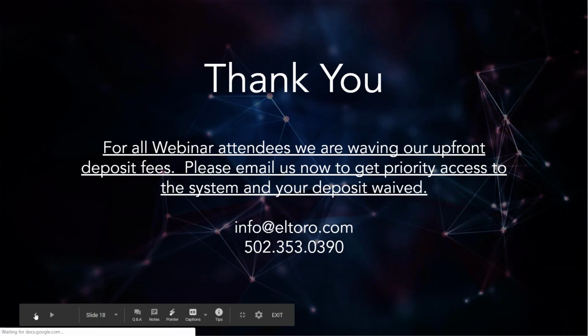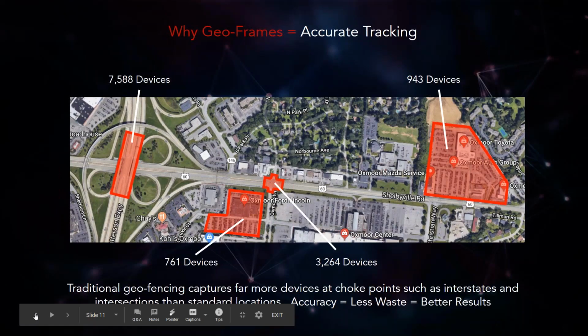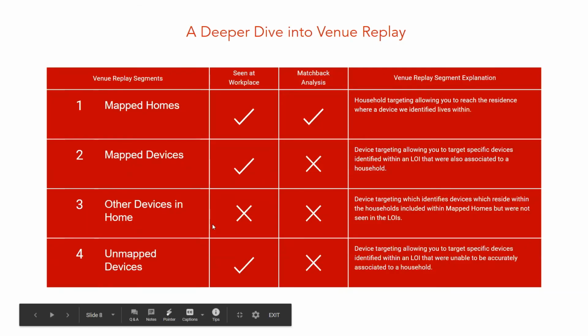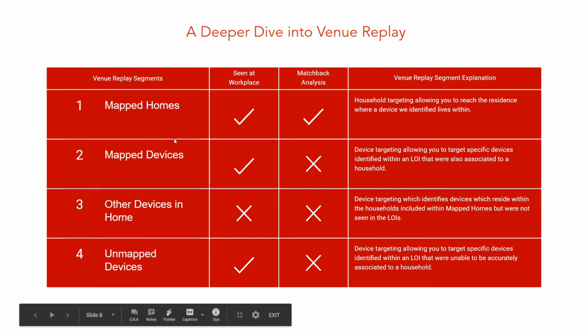So this is going back to those 4 Venue Replay segments, right? So other devices at home, those are your influencers. They could be significant others of the people whose devices we matched to that location. You do not have to target these on a venue replay target if you don't want to. As a matter of fact, any of these 4 segments are toggleable, so you can toggle them on or off